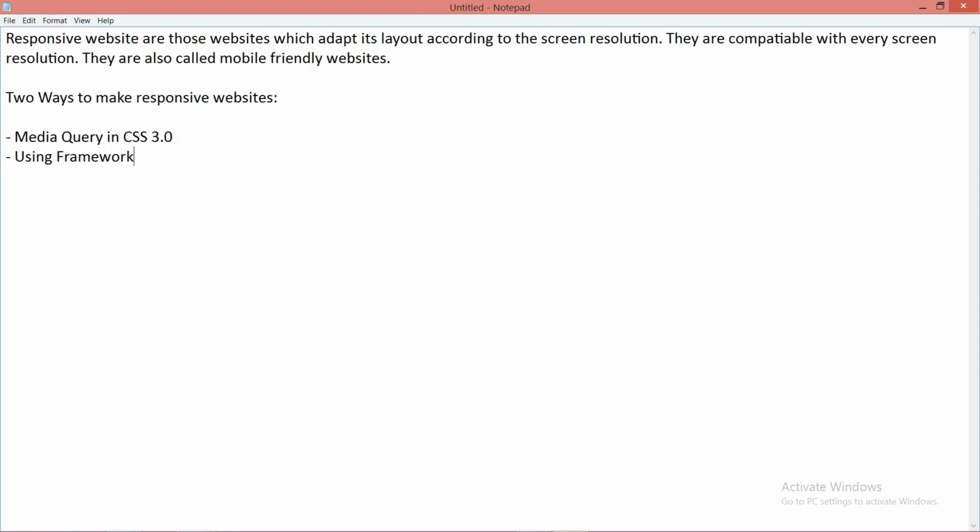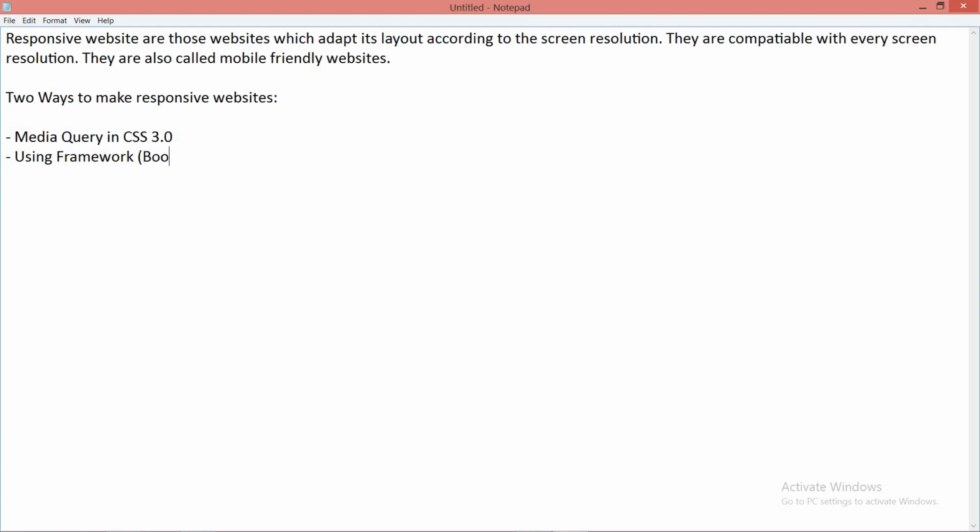If you use media queries in CSS, you have to learn about media queries. If you talk about frameworks, there are so many frameworks available in the market. As per the requirement, you can choose any one of the frameworks which you prefer.